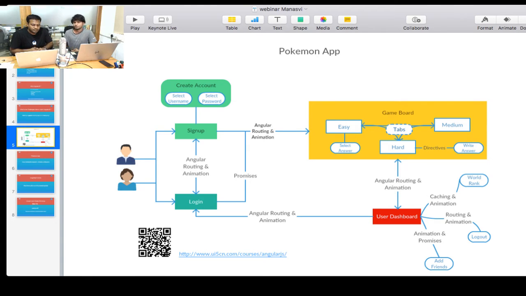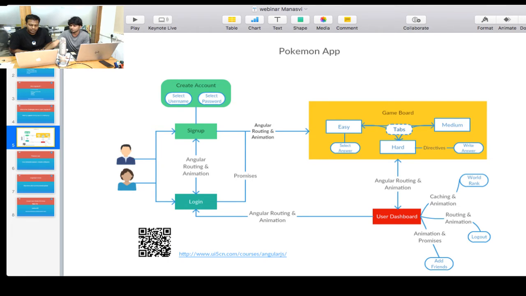Yes, of course. So you can of course play the game. We have provided the link in the landing page. So here what we have is the flowchart of the Pokemon game. What I have done here is implemented routing really nicely, so that the app becomes fast and I take the most out of a single page game app. The first thing that you see here are the sign up and login pages. You can go to either of these, and to switch between those you can use the routing mechanism that AngularJS provides us with. And once you have logged in,